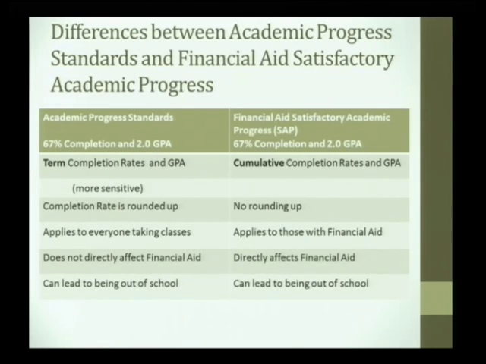The academic progress standards can lead to being out of school. In fact, please pay attention, if you hit another time of not meeting the academic progress standards, you will be at Alert 4, dismissal. You will be out of school for at least 2 terms, and you need to apply to come back with a pretty rigorous petition to return, really outlining how things are going to be different. You need to meet with a number of people. So that will happen if you don't meet academic progress standards again.